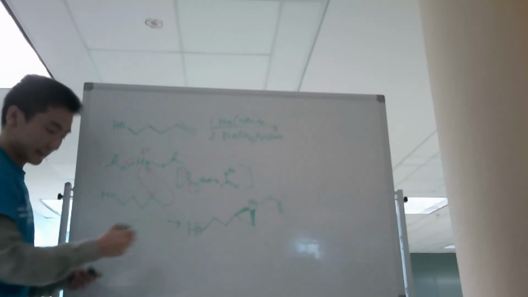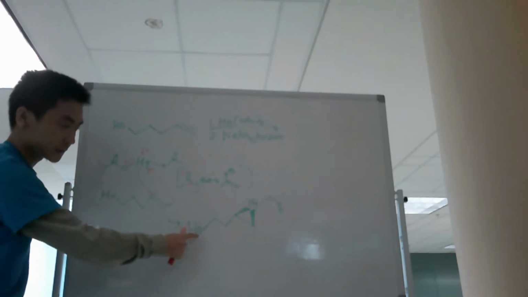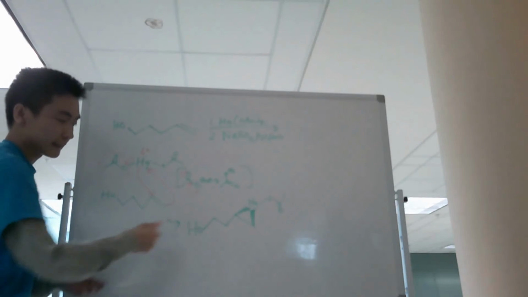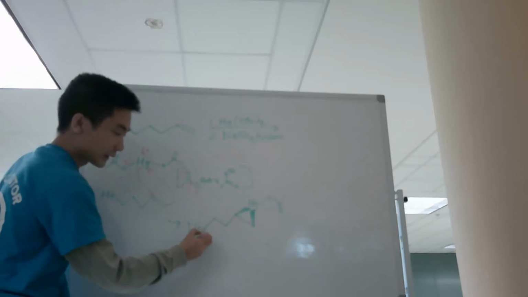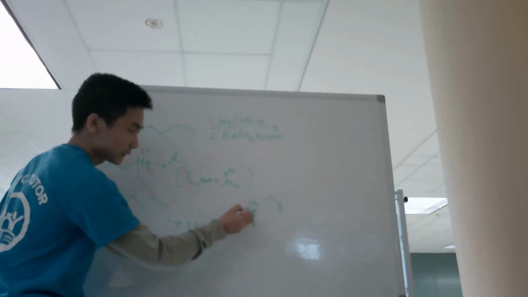But we do have alcohol in the structure. Here, we see this oxygen has 2 lone pairs of electrons that can act as a nucleophile. It attacks the more substituted